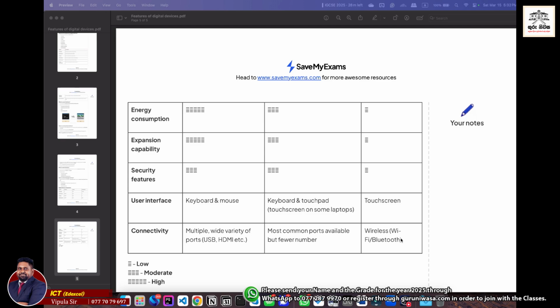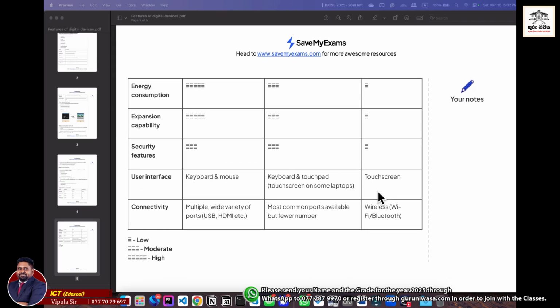Expansion compatibility: yes, desktops can be expanded, and laptops up to a certain extent, but smartphones cannot be expanded. And security features wise, desktops and laptops both have almost similar security features. I think nowadays, if you do a direct comparison, laptops have much more security features than